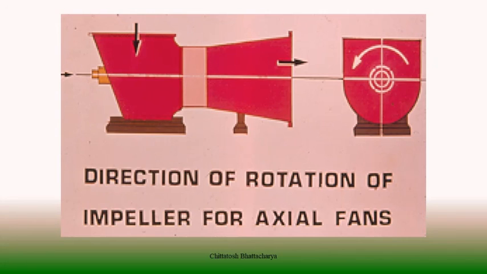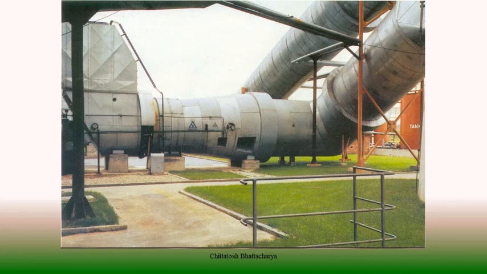Now on this side, as we have seen, the direction of rotation, whether it is clockwise or anti-clockwise, is always designated from the motor end. So in axial fans, from the motor end, we designate the direction of rotation of the impeller of the fans. In this next slide, we see how an axial fan is used as an FD fan in a power station,